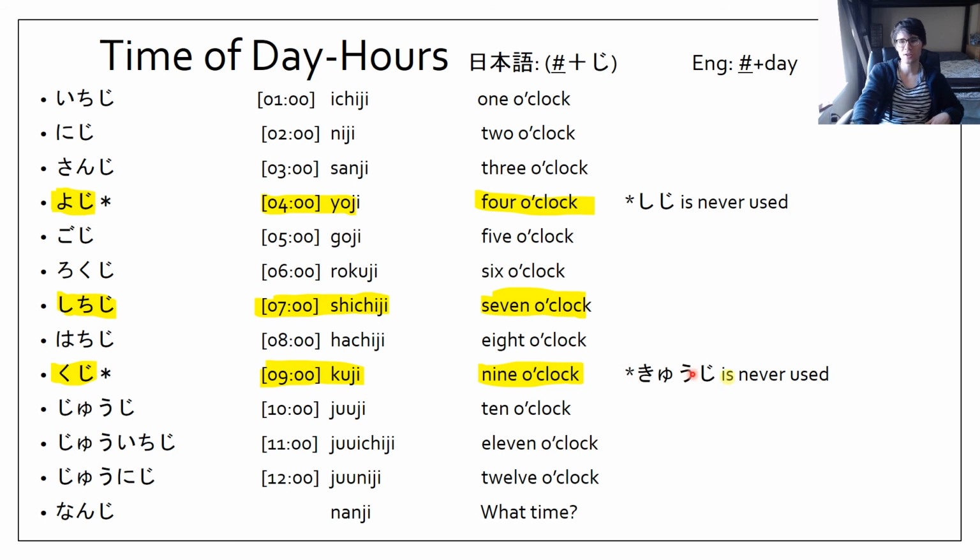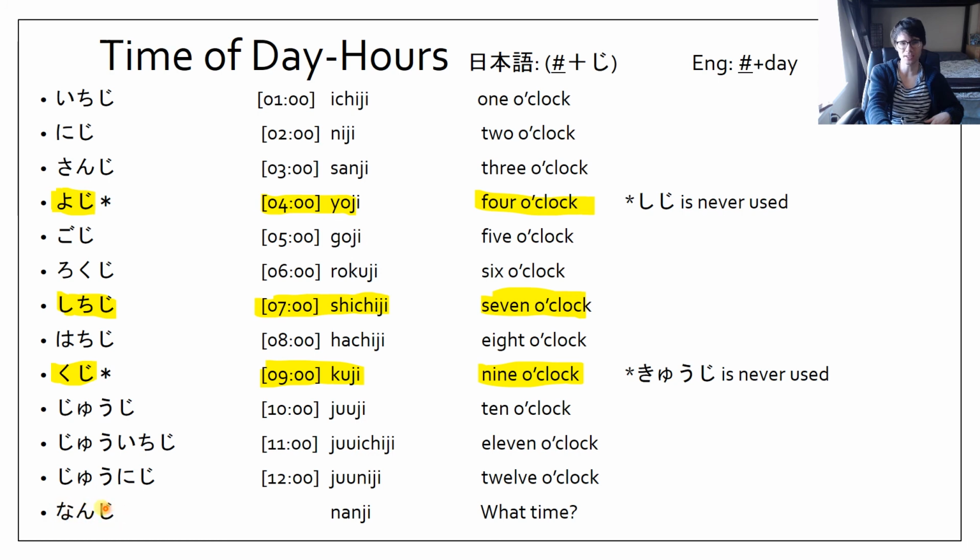Next is hachiji. That's 8 o'clock. Then we have kuji, instead of kyuji for 9 o'clock. Then it's juji for 10 o'clock. Juichiji for 11 o'clock. And then juniji for 12 o'clock. So our exceptions with the hours of the day are yoji, 4 o'clock, shichiji, 7 o'clock, and